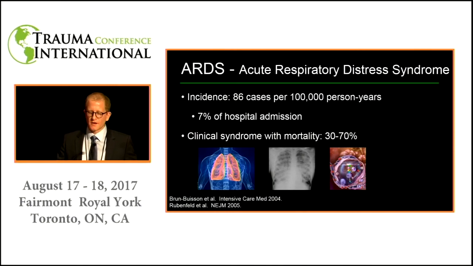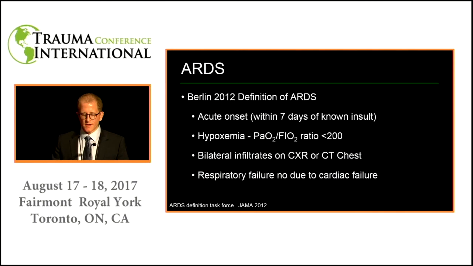Next, I want to touch a little bit on acute respiratory distress syndrome. In trauma, the incidence is about 86 per 100,000 person years, which represents about 7% of hospital admissions. This is a clinical syndrome that has a mortality rate between 30 and 70%. Based on the Berlin definition of 2012, ARDS is defined as a new onset within 7 days of the known insult, hypoxemia defined as a PF ratio of less than 200, bilateral infiltrates seen either on chest X-ray or CT scan, and respiratory failure that is not due to a